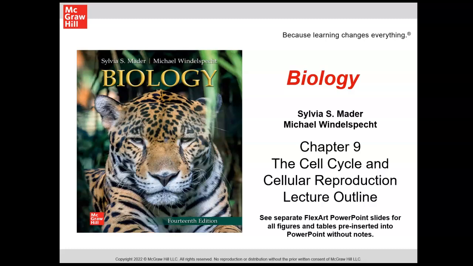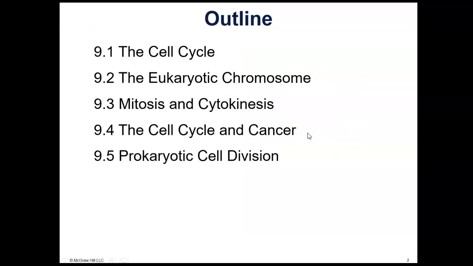These are the recorded lectures for Chapter 9 on the cell cycle and cellular reproduction. Primarily, what this chapter is going to cover is the process of mitosis. So we have Chapter 9 that covers mitosis, and then Chapter 10 that covers meiosis. There are 5 sections. We will focus primarily on the first 4, and we will discuss how mitosis is related